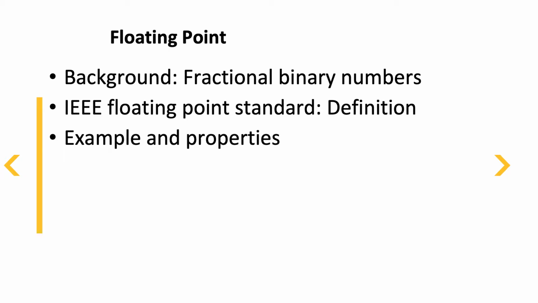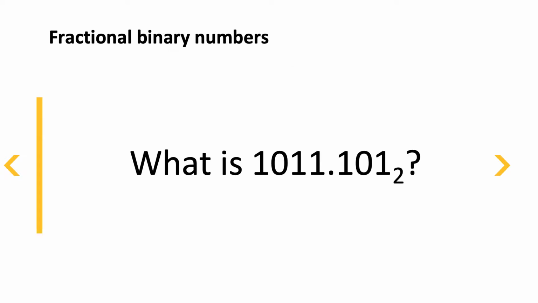To start out, we'll take a look at what fractional binary numbers actually look like and how we can figure out the values of them. Then we'll talk about the IEEE floating point standard and go through some examples and properties. So what are we looking at when we look at this binary number,